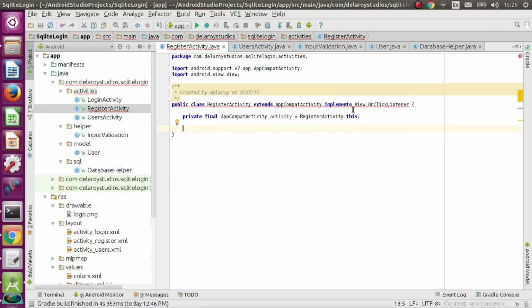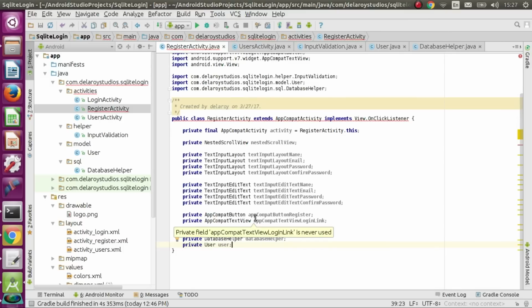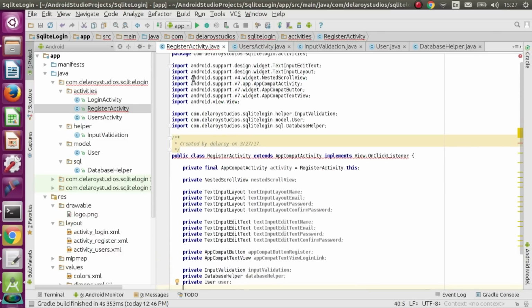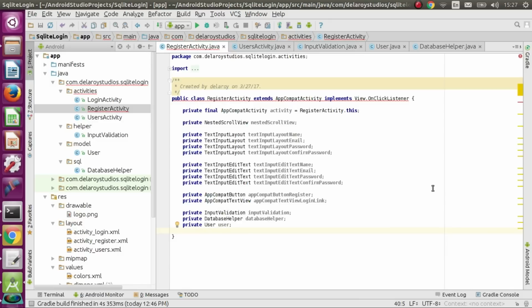Now we're going to have, for the nested scroll view, other fields. I'm actually going to pause at this moment. Here we go. We need to bring in the fields that will be needed: the text input layout, the edit texts, the app compact button, the app compact text view, even the input validation, which is from the helper, and also the database helper and the user. So we actually brought in all those fields. Let me just collapse this to give us a bit of space. That's fine. However, the first method will be to override the onCreate method, which will be protected void